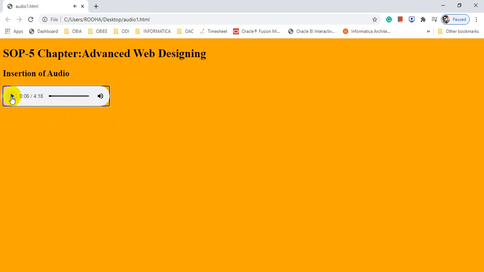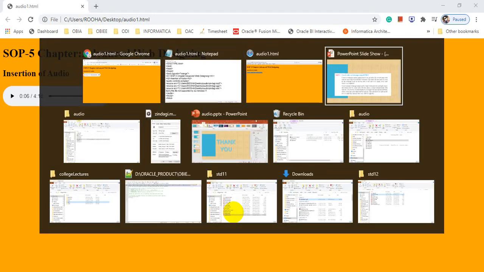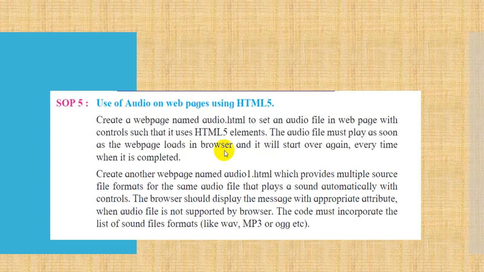So the basic logic behind that message is that when your audio file is not supported by the browser, that time this message will display. Okay, so we have completed our SOP 5. First we created this in our earlier lecture. Now we have completed audio1.html, in which we added multiple source files of different types like WAV, MP3 and OGG, and we checked in different browsers.